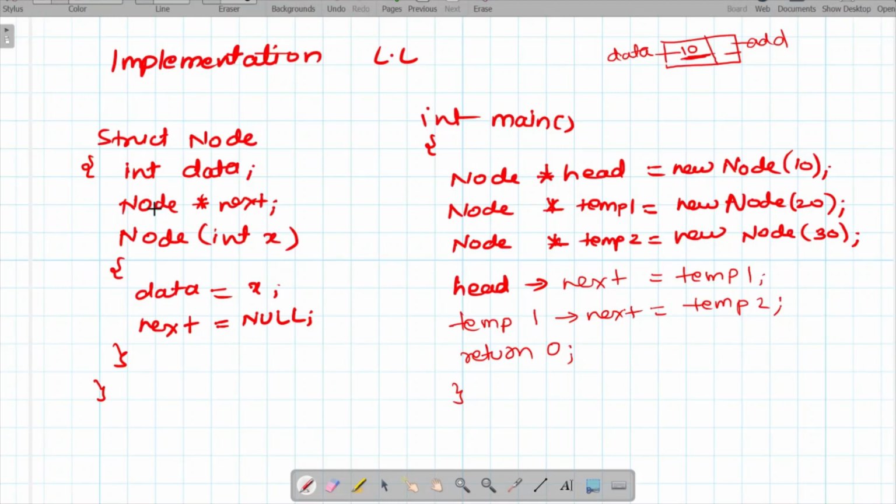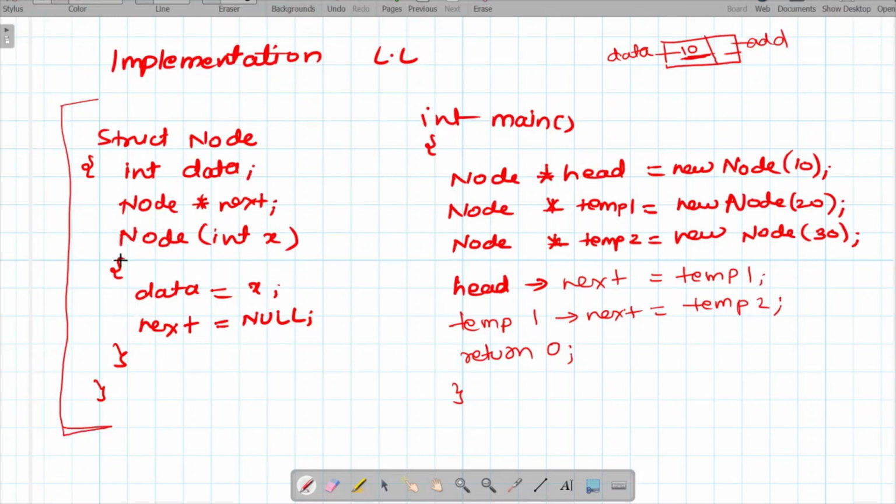So you just have to note how we implement the linked list. This is the basic structure of a linked list that we have written here, the basic structure for a given node of a linked list. Initially what we have written is int data, node star next for the next pointer. So this will store the next pointer.